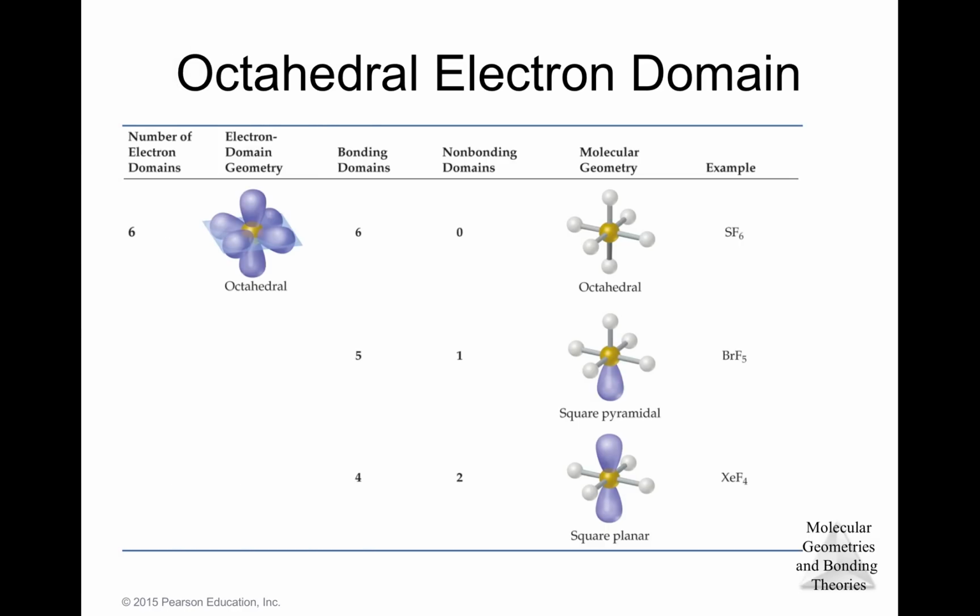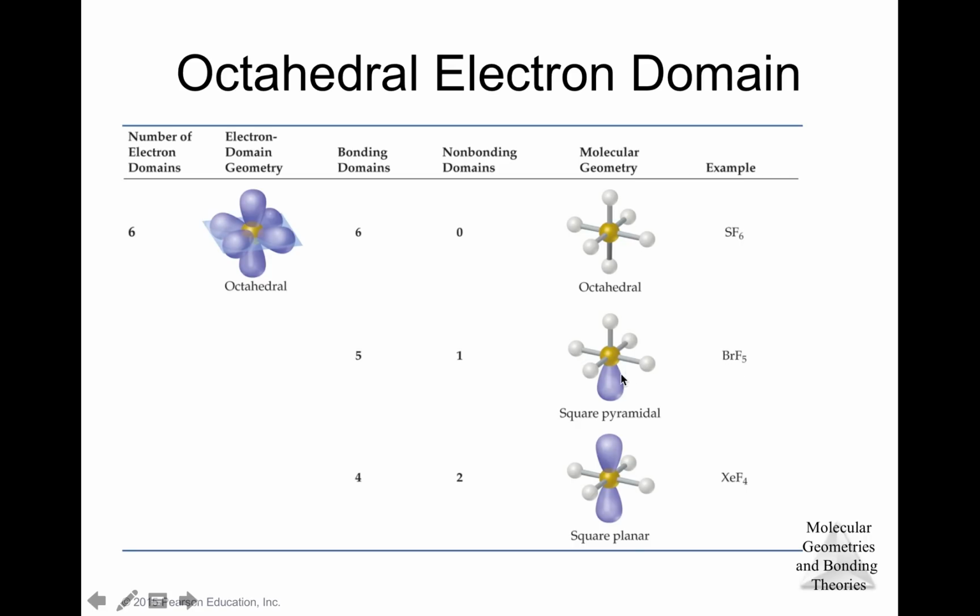Okay, so let's look now at the octahedral geometry. So if you've got 6 regions of electron density, they're going to form an octahedral geometry. If they're all bonding pairs of electrons, then you're going to get a molecule that has an octahedral geometry, like SF6. If you have 5 bonding, 1 non-bonding, then you're going to get a square pyramidal molecule, and an example of that would be